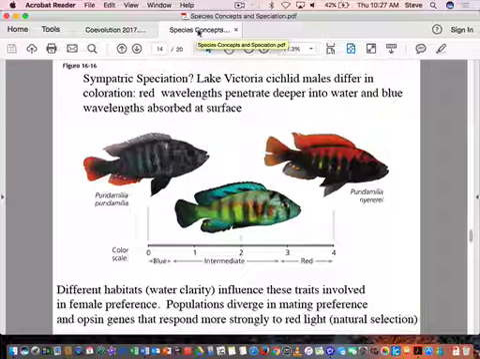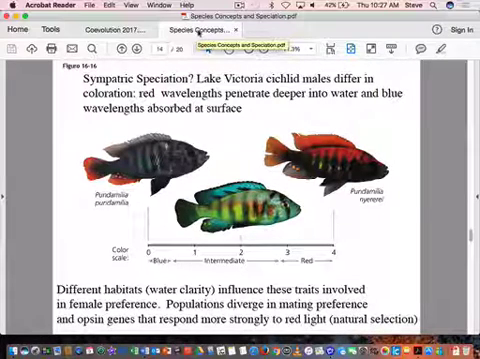Okay, here's the best example of sympatric speciation, and this has been replicated in I don't know how many species pairs in these African cichlids. Okay, so I put a question mark here. There's strong evidence that there's been speciation, and I guess it depends on how you define sympatric. We're not going to worry about it, but Lake Victoria cichlid males,